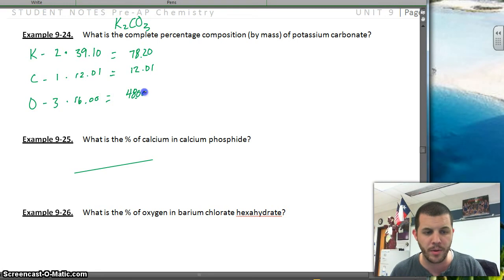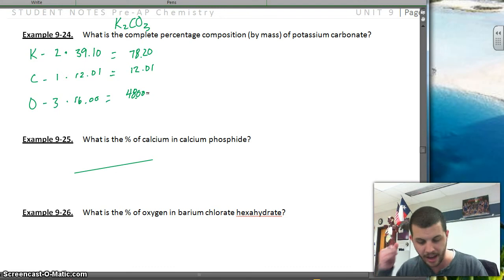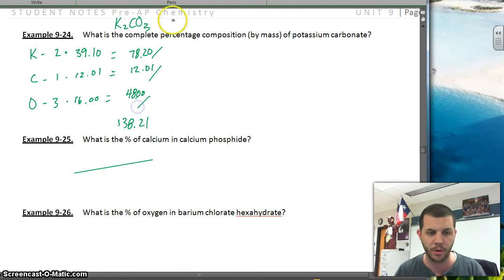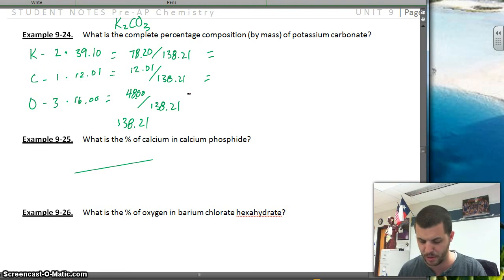Okay, so here's what we want to do now. We want to add all this up and find the total molar mass. So I've got 78.20 plus 12.01 plus 48, and that gives me a total molar mass of 138.21. So to find the composition, I'm going to divide each of these by the total molar mass, 138.21. So I'm going to do 78.2 divided by 138.21, and that gets me